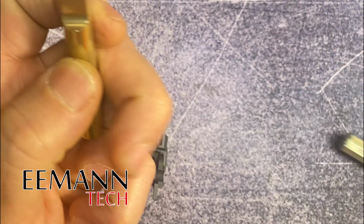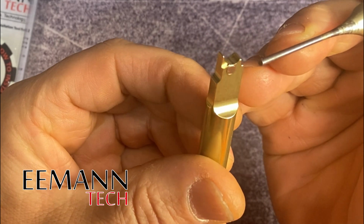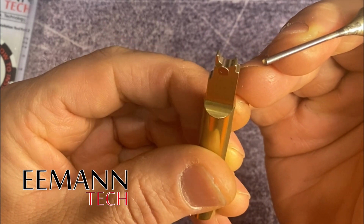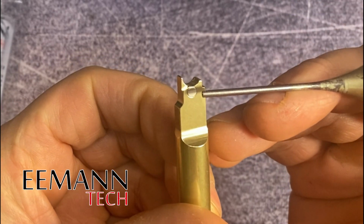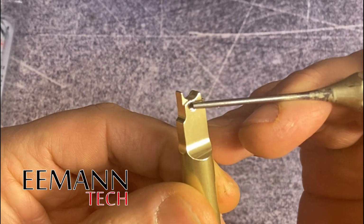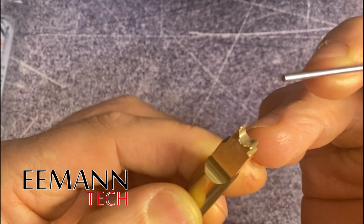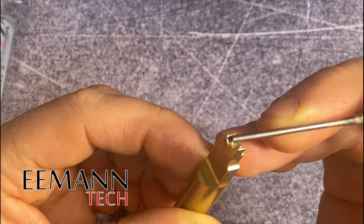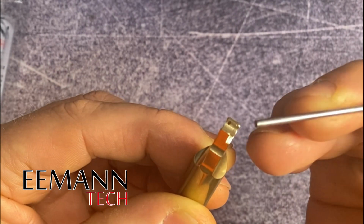So what we did was we manufactured this tool with a number of key elements built into it to make it easier to install without any issues. One of those things is we've inserted a neodymium magnet in there. It's really strong and it's tiny, and what it does is it holds that Sear spring in position. We've also drilled a micro hole in there for the short leg of the Sear spring. You insert it in there and I'll show you how to do it, and it's held in place very well